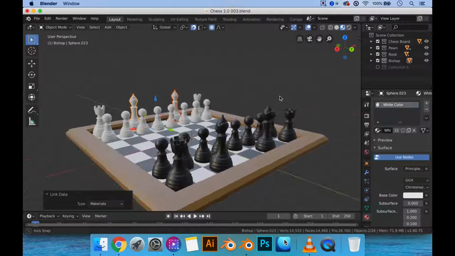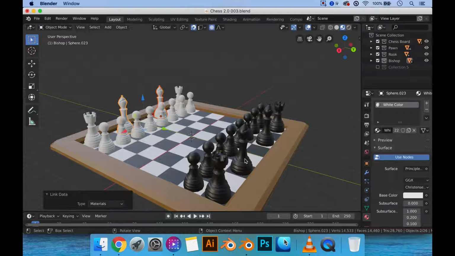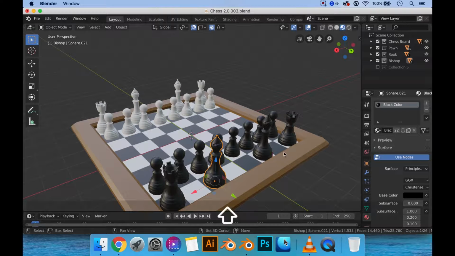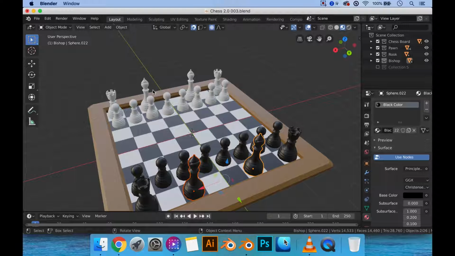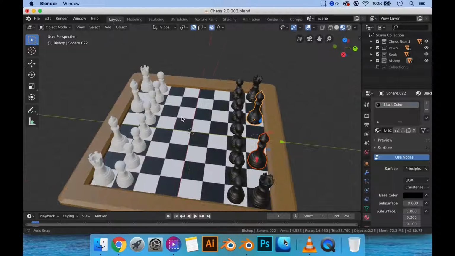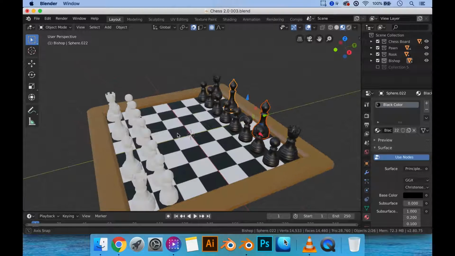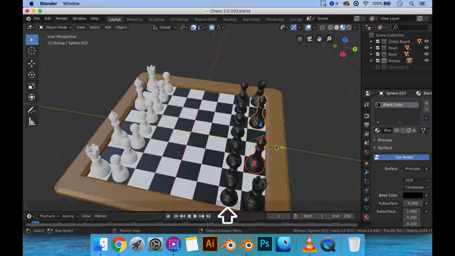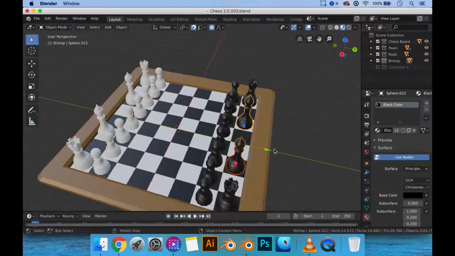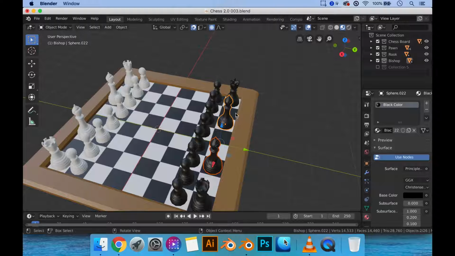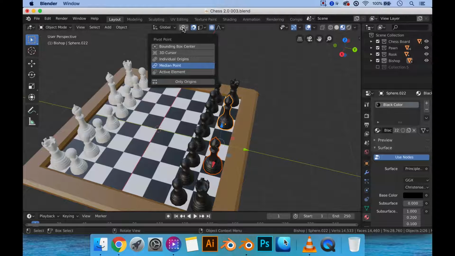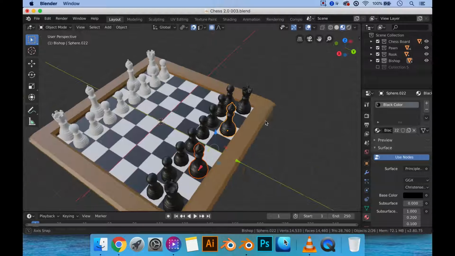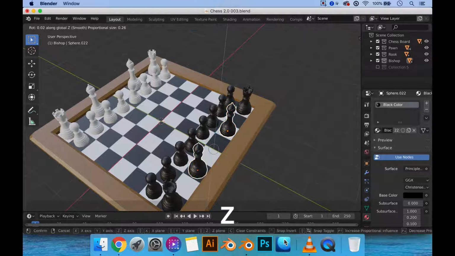It looks fairly decent. You might want to spin these guys around, because right now these guys are facing. Well, actually, I feel like this should be on the side instead of like facing one direction. We could make it face one direction. You know what? I'll just do that instead. Let's go into the median pivot points right here. I'm gonna go individual origins. Just rotate on the z-axis,